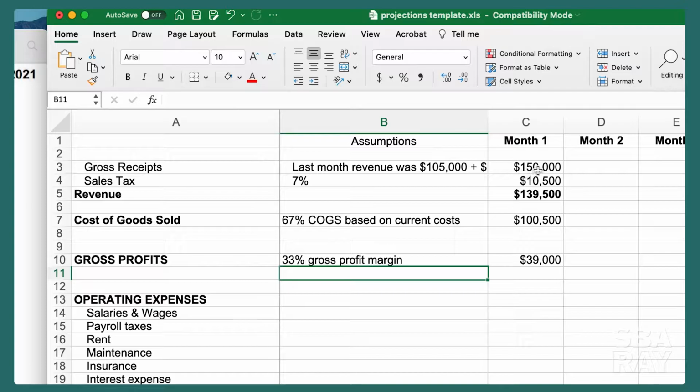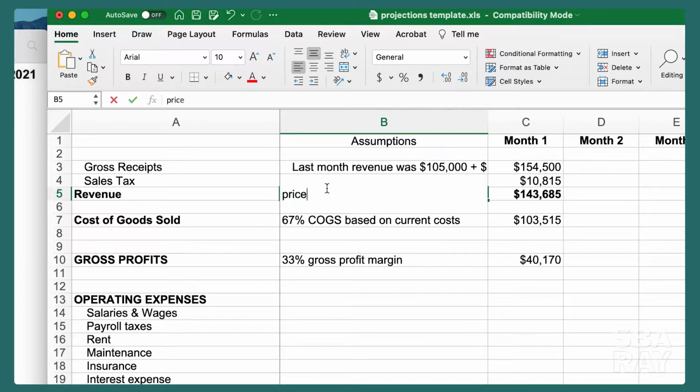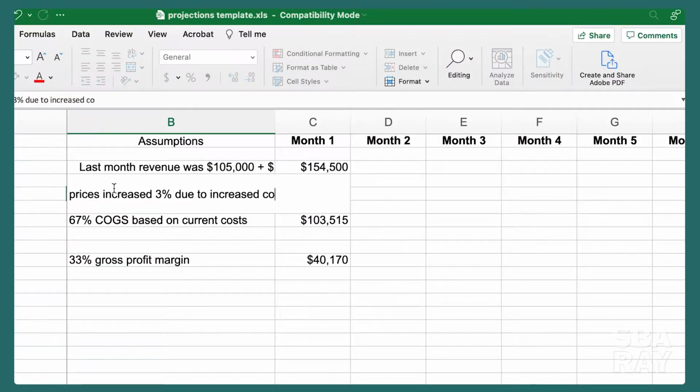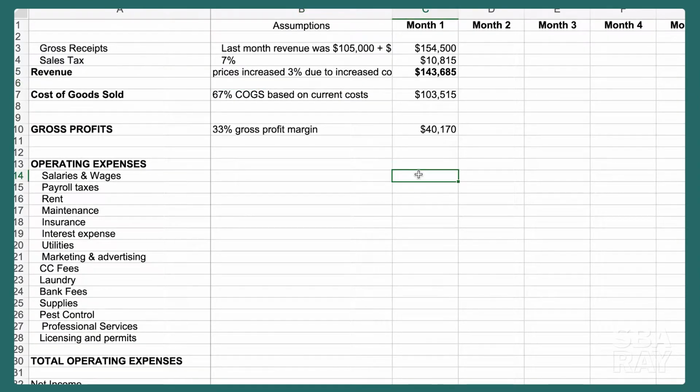Now, I'm hearing from my suppliers that the cost of inventory is going to be going up next year by 3% on average, and I want to maintain my margins. So I need to increase my prices by 3% to do that. And so I'm going to increase my monthly revenue, and then I'm going to add that as an assumption so that the banker understands prices are going up and I'm going to increase my prices to maintain my margins. Now we'll just run through the operating expenses.